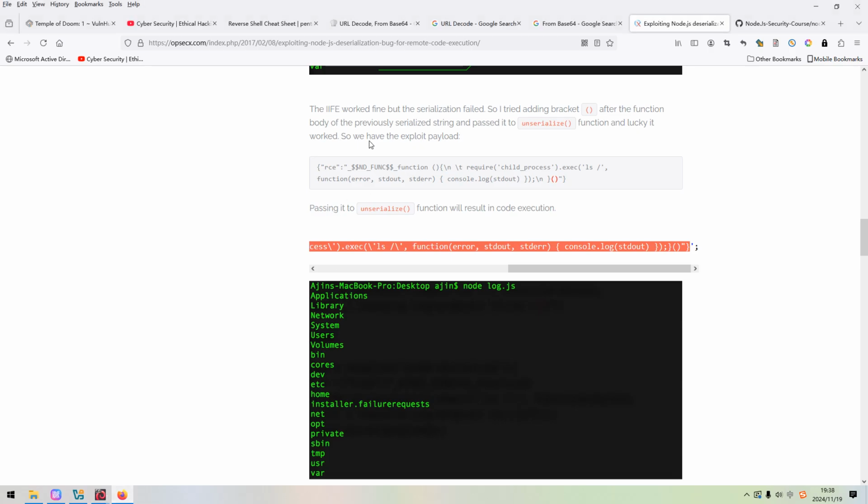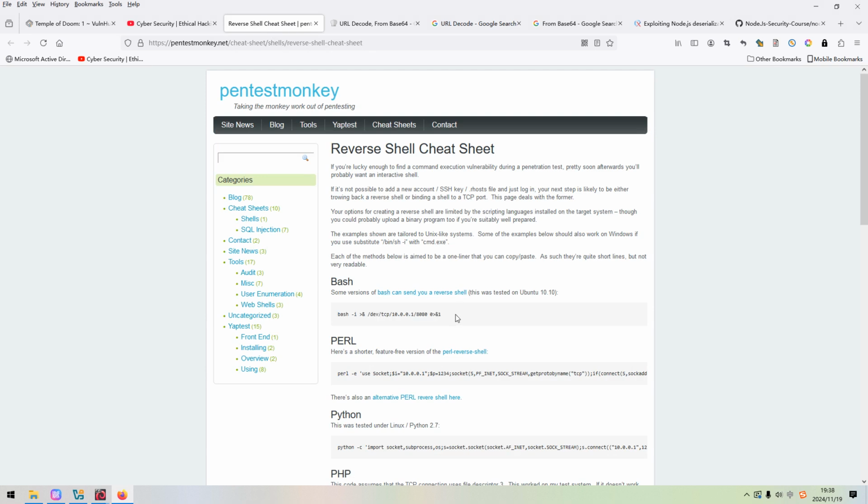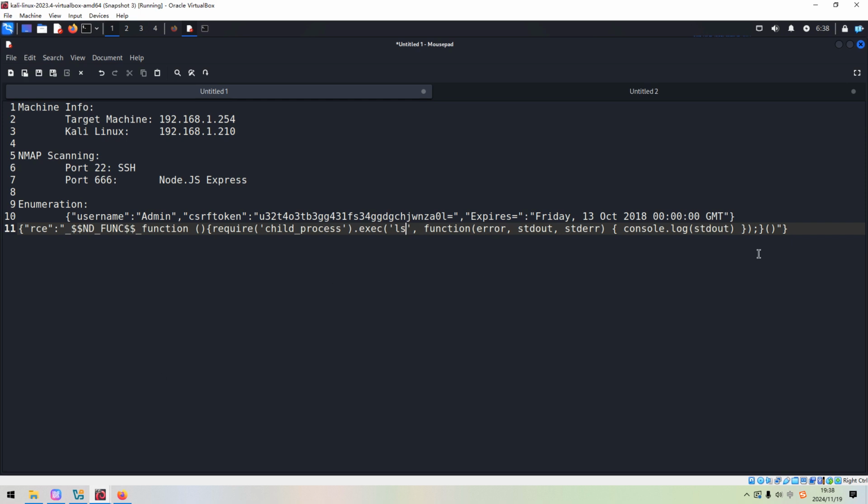You can go to the Pentest Monkey website. You can copy the reverse shell command and put it over here. We need to do some modification. The IP address should be put into the field of the attacking machine, and the port number will be 555. You can choose any port number you wish, any free port number on Linux.